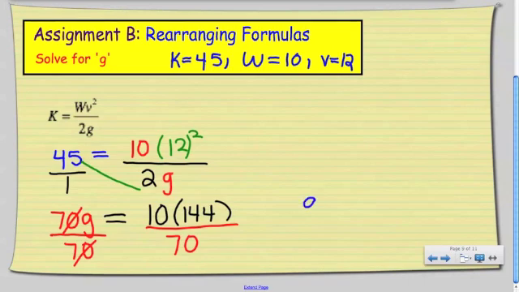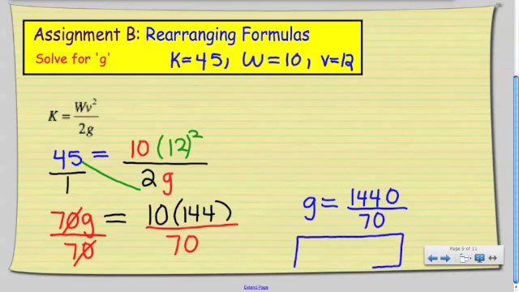So my final answer, G is equal to 10 times 144, which is 1440, divided by 70, which gives me the final answer of G is equal to 20.5, or we can kind of reduce that. 1440, if I divide both sides by 10, I get 144 over 7, which is approximately equal,